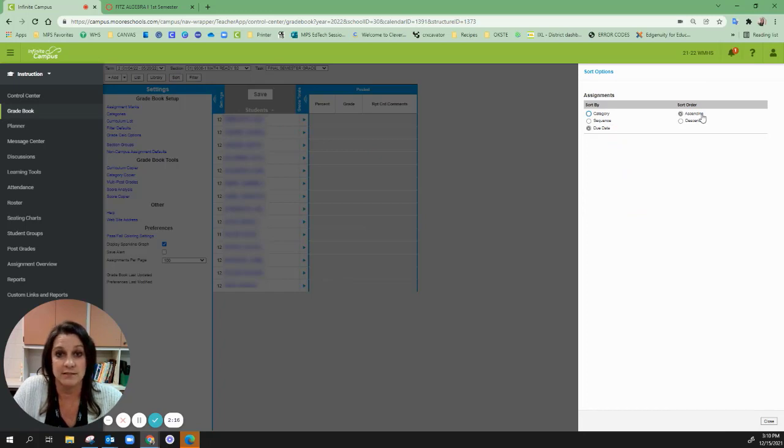So basically that means first day of school is always going to be on the left. And as you add assignments, you're going to have to scroll to the right towards the end of the semester to see new assignments. If you change this to descending, it's going to mean that the most current assignments are always on the left of your Infinite Campus gradebook. It's a lot easier to see and keep track of current content. You can always also sort by category or by sequence. When you create the assignments, you can create a sequence that overrides sorting by due date or sorting by assignment